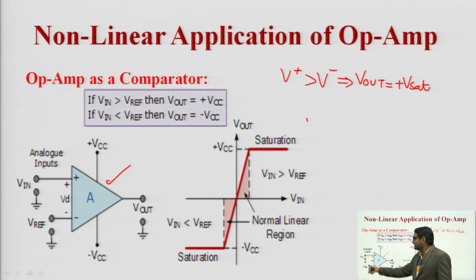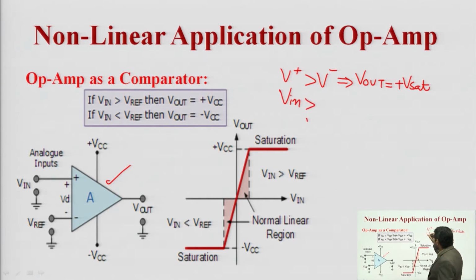If we consider this diagram, then here V plus is V in, and V minus is V reference, and it gives V out equal to plus Vsat,